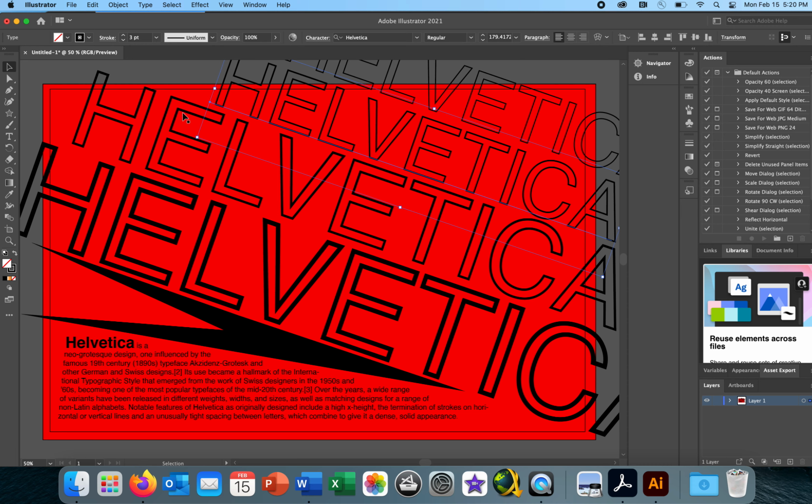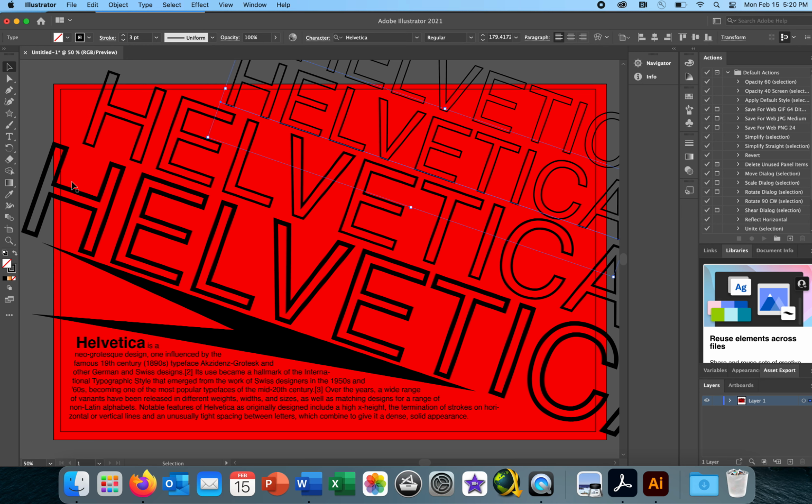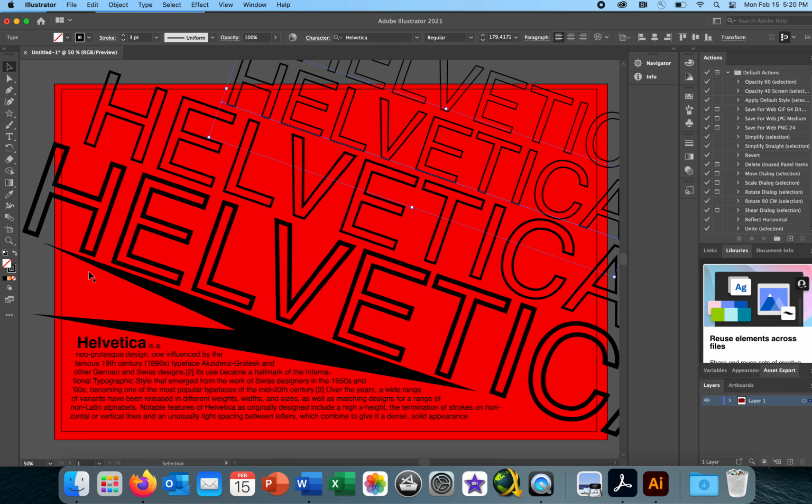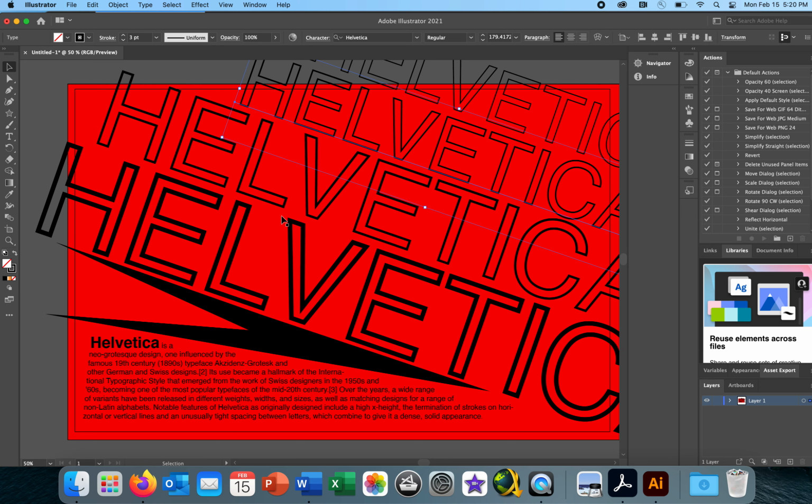And you can see that now we have sort of bold letters that are fading to more outlined letters. So, just in a few short minutes here, we've created a little graphic design poster for Helvetica. The information is in there. We've got some design elements, and then we've got the bold word Helvetica kind of moving in the space across the poster. So I would encourage you to go even further in depth than what I've done here, but this